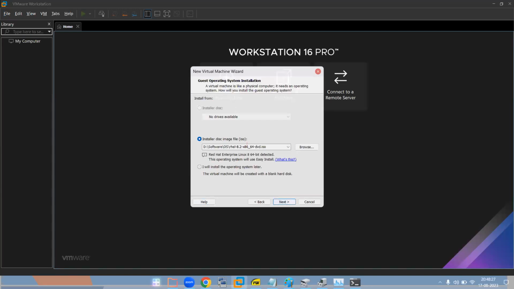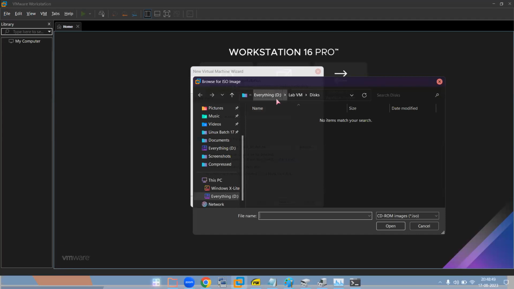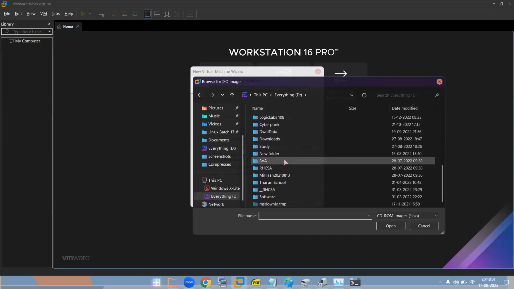And click on next. You need to select your ISO, and please do select. You can select the second option as well, but it is better to install here. Why? Because this operating system will use easy install. So what does easy install mean? Before that, let me select